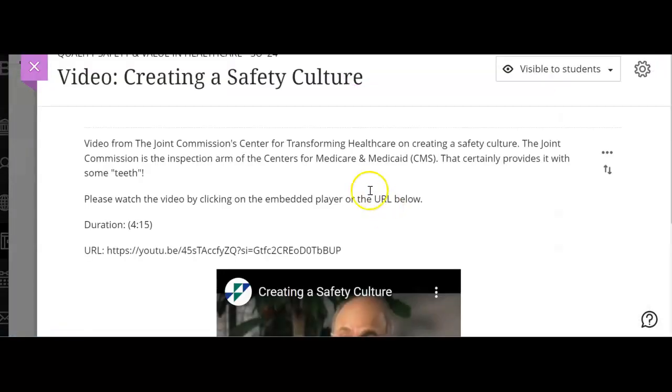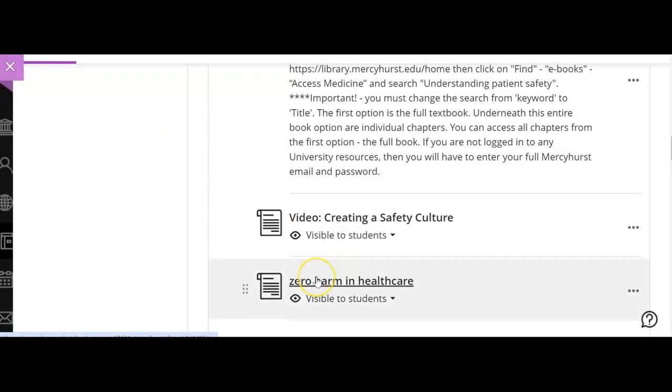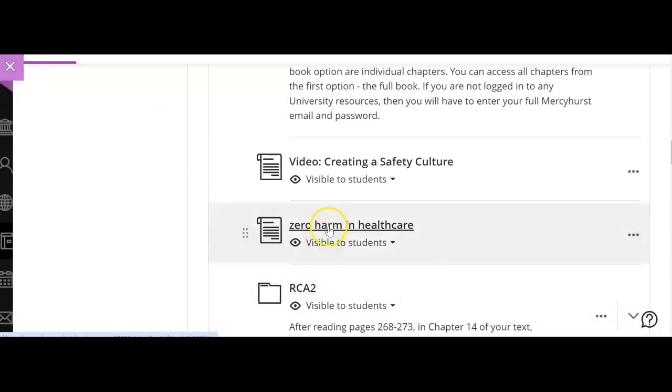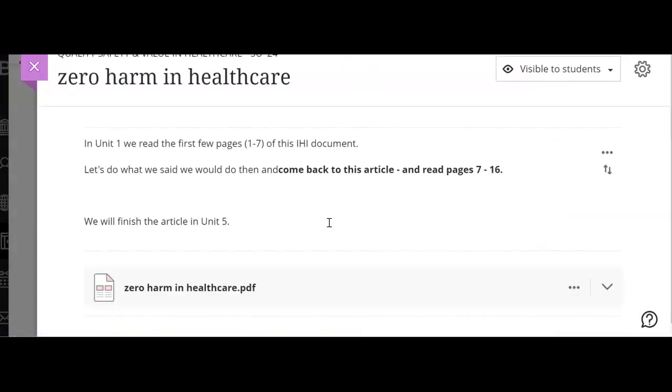If you click on it, you're going to see that this is the Joint Commission's Center for Transforming Healthcare, and it's a brief video on creating a safety culture. So as you know, the Joint Commission is the inspection arm of the CMS, and that really provides it with some teeth. So we're going to then look at zero harm in healthcare, and this will be a document, a PDF,